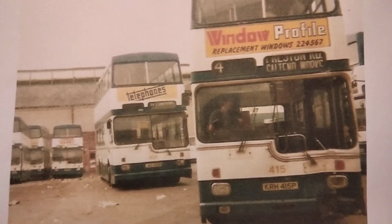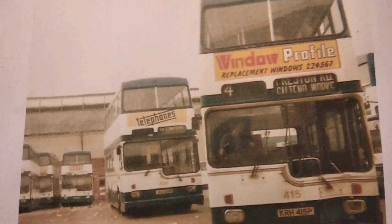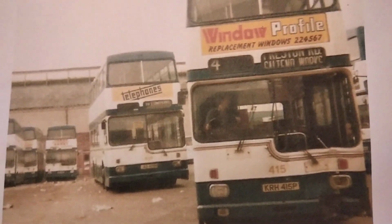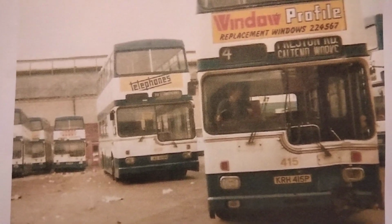This is another shot of the buses being driven from the Muck to Holderness Road. You wouldn't be able to do this nowadays. 415 KRH 415P, as you can see, had been withdrawn after a road traffic collision where it had smashed its front in and broken the nearside half of the windscreen. Despite that damage, it was being driven as normal down to Holderness Road. Obviously nowadays you'd have to put it on tow. But yeah,